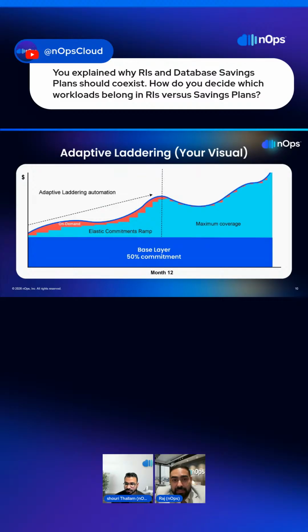If I predict my confidence levels based on data nicely, I can stack up great savings using RIs as compared to floating savings plans, right? But yeah, it depends on what my most stable baseline is. That should go to RI. Anything that's recurring but maybe changing should belong to savings plans.